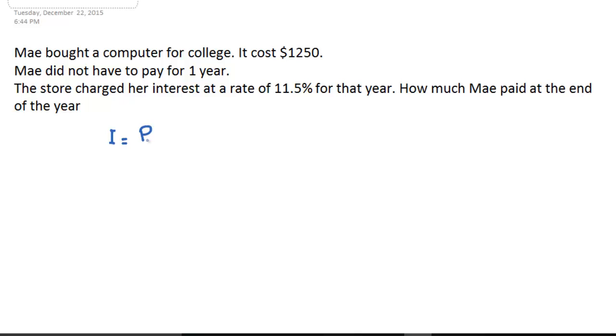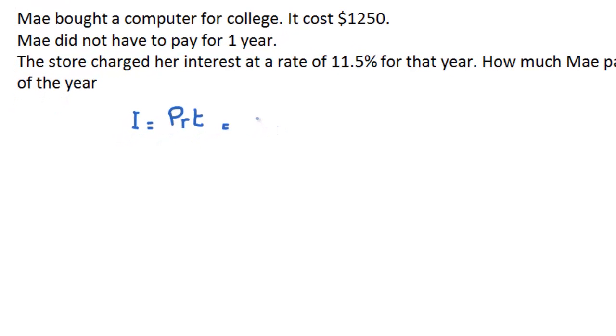I equals P times R times T. So P here, as you can see, is $1,250. This is the cost of the computer. Times... now, this is 11.5% that year. That means this is the annual rate, and this is what we need. So 11.5, we have to switch it to decimal. That means divide by 100, which means